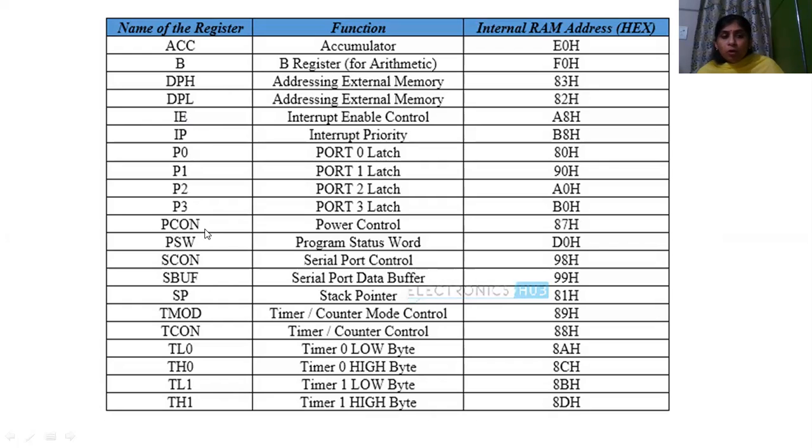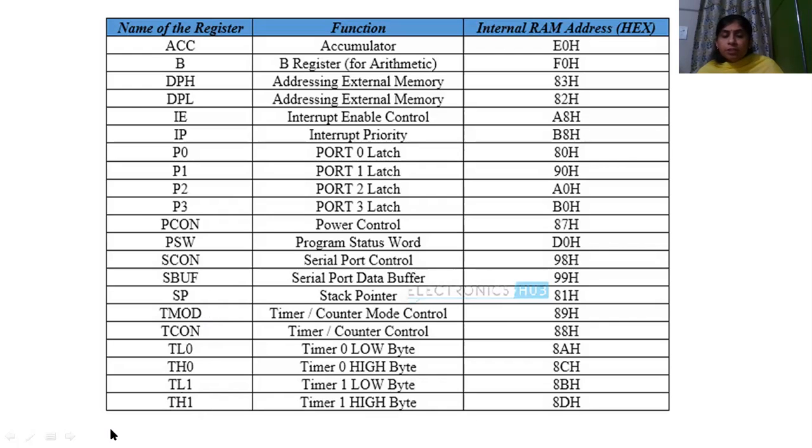Power control, PCON, program status word, PSW, serial port control, SCON, serial port data buffer, SBUF, stack pointer, timer mode control, timer counter control, timer lower byte, timer higher byte.